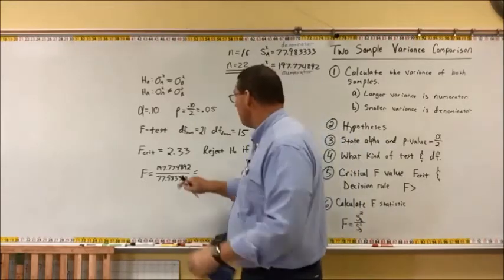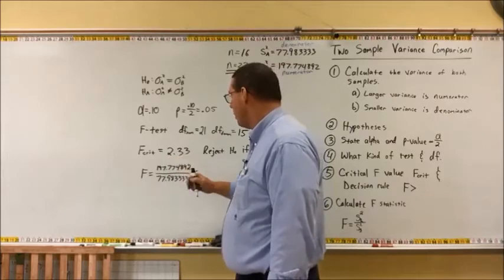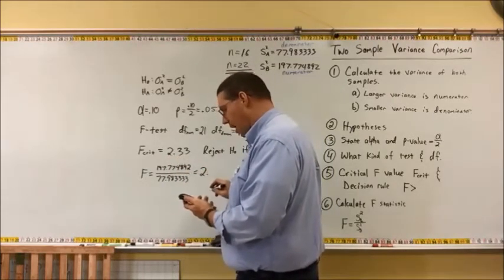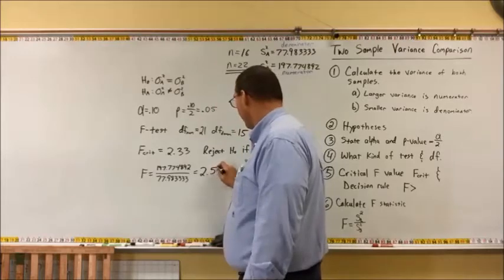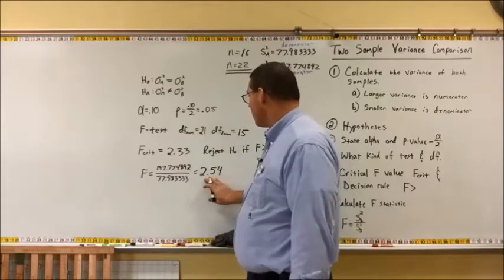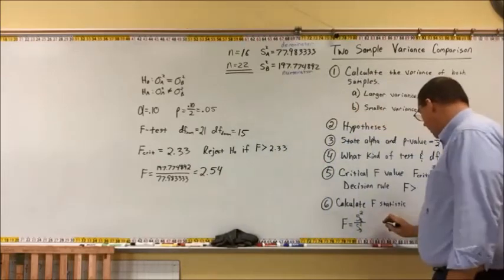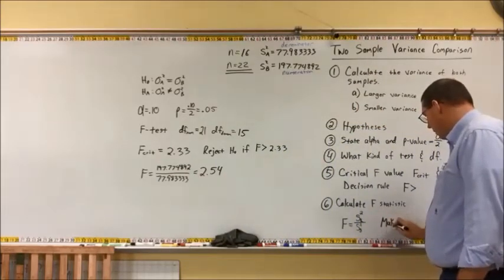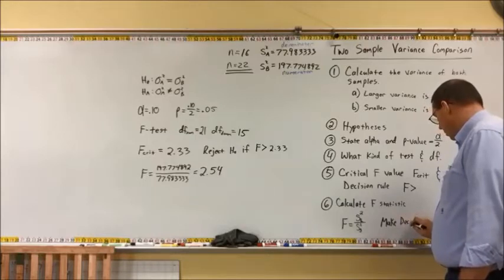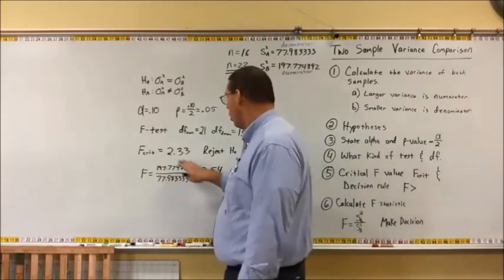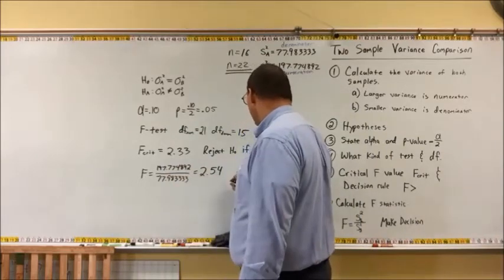We're going to go to 2 decimal places here because the F crit is 2 decimal places. And since this number is larger than this one, we make a decision. In this case, because our 2.54 is larger than our critical value, we are going to